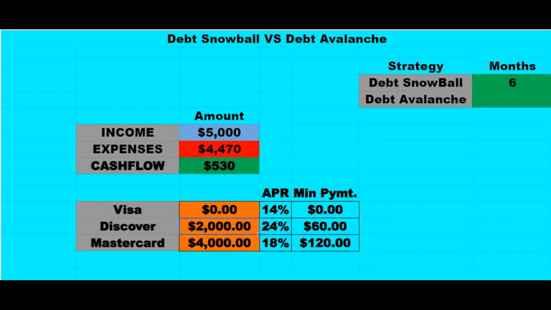We no longer have the balance. That $60 minimum payment will now be reduced in expenses, bringing this new expense to $4,410, and the new cash flow will be $590. Next, we'll tackle the MasterCard at 18%